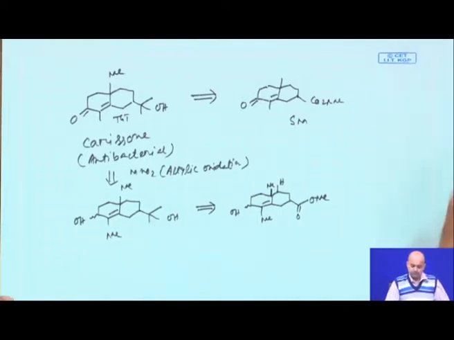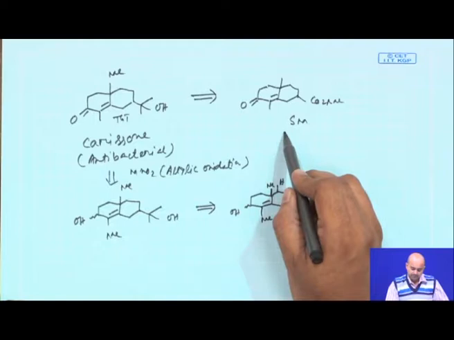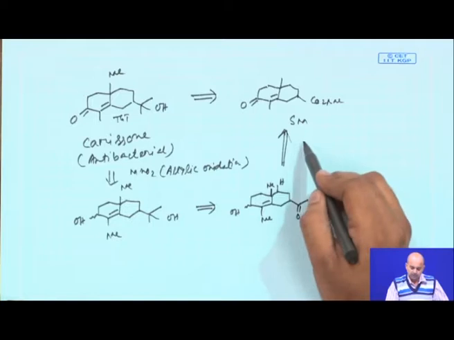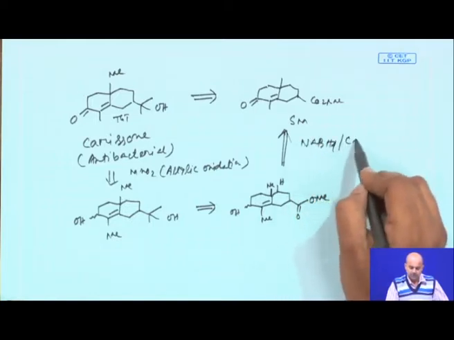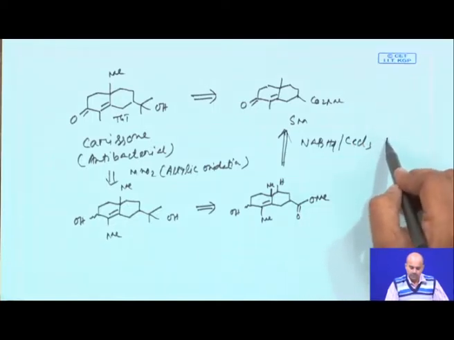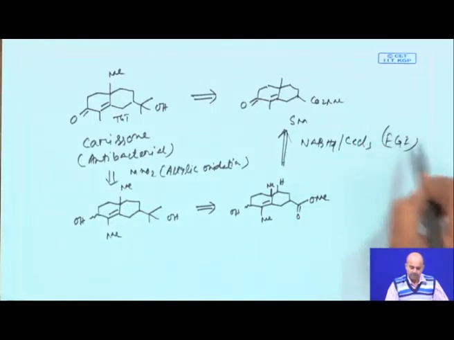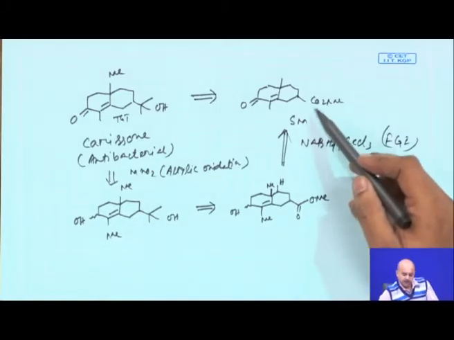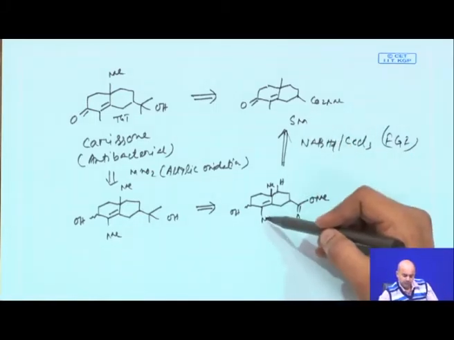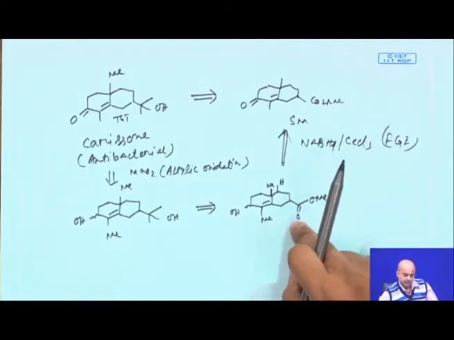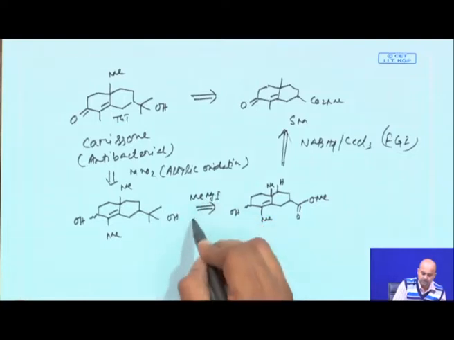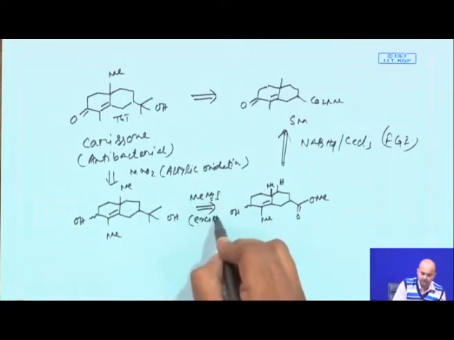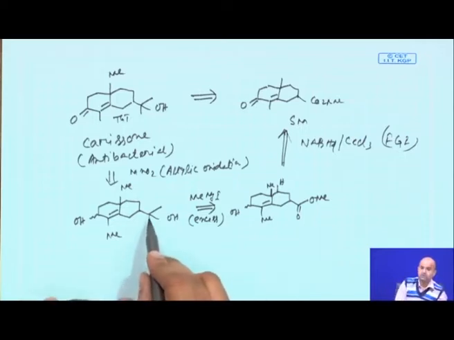So, now we are coming back to the starting material. How can this starting material be converted to this allylic alcohol? You can simply do it by Luche reduction, sodium borohydride, cerium chloride. So, all are basically very standard FGIs. First take the starting material, do a Luche reduction, and it will come here. Then you do an excess of methyl magnesium iodide and you get the tertiary alcohol.